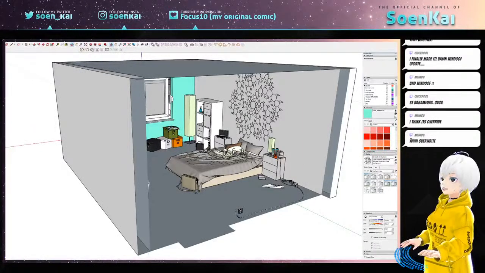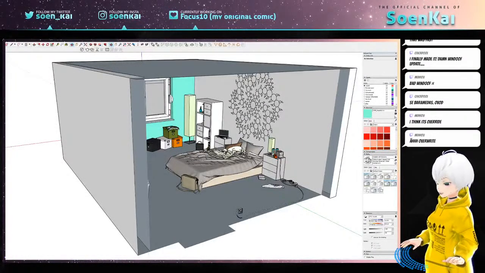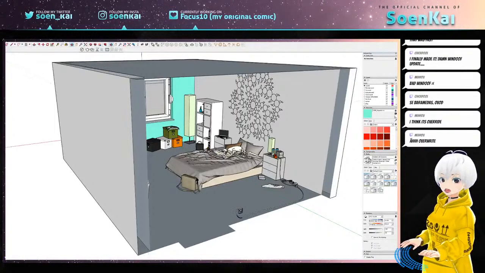There's view and then shadows, or you can just use this button here, down here, in the shadows tab. Just leave this off until you have your perspective, because rendering the shadows can take a lot